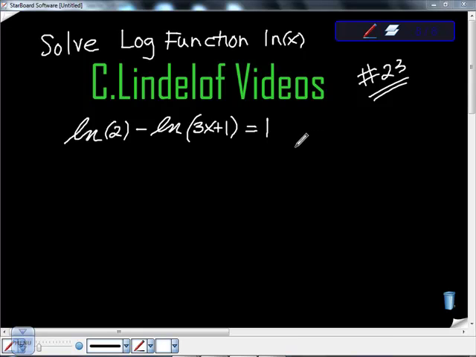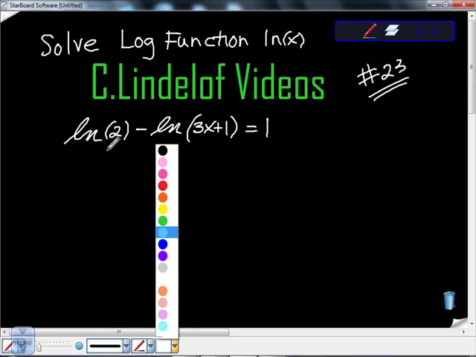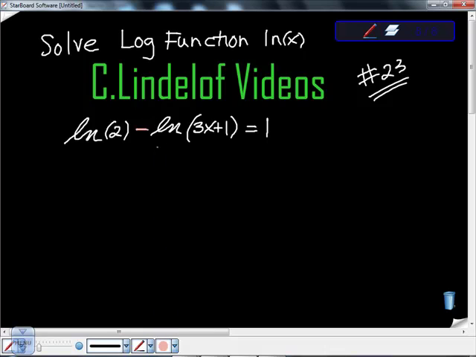What you really have to do is make sure you've memorized all your properties of logarithms. One of the properties says that if we have like bases and we see a negative sign, it tells us we need to divide. It's called condensing. We can condense this as 2 over, this negative sign gives me this division sign, 3x plus 1